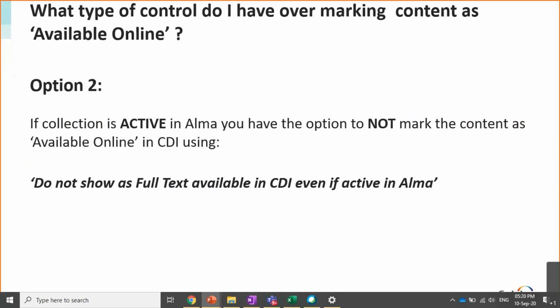In order to do that, you can mark it using do not show as full text available in CDI, even if active in Alma. We have this option. And we will go through the various use cases that actually demonstrate why this option exists and in which conditions you would want to use this.